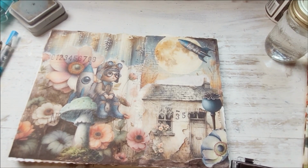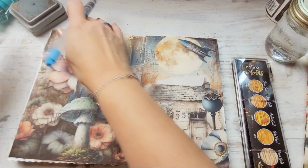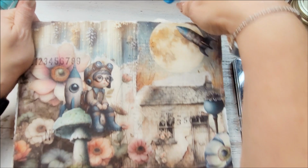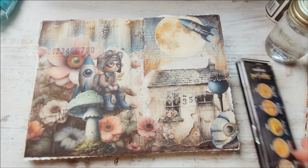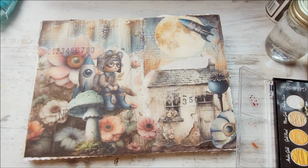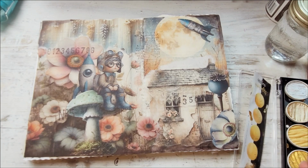First, I also want to add some gold. I have to. It's my signature. That and adding fabric to a lot of creations. I was going to add fabric to this page. However,